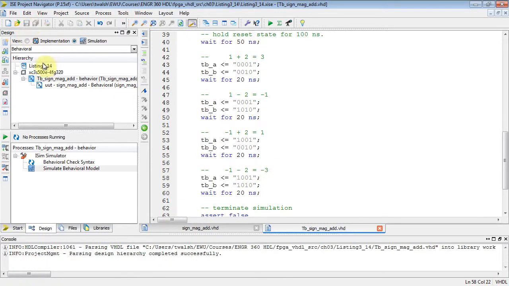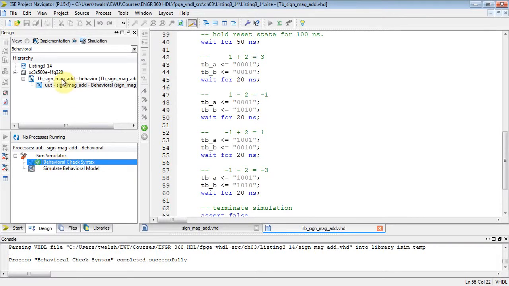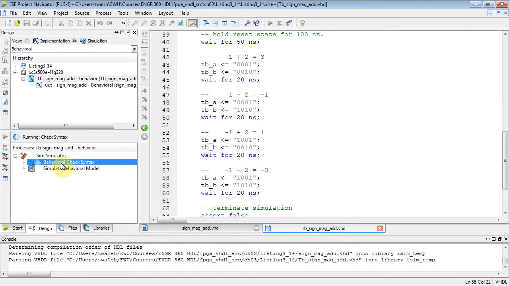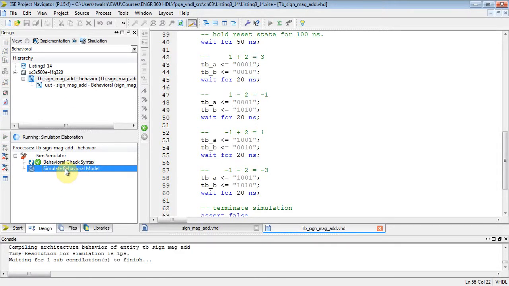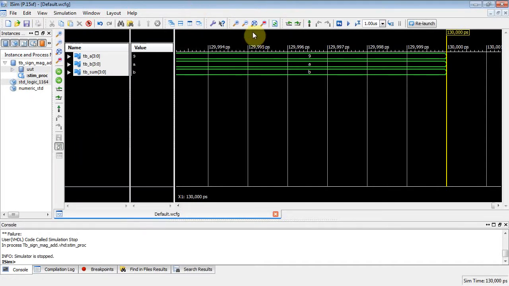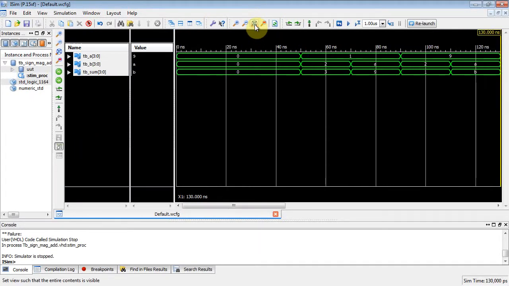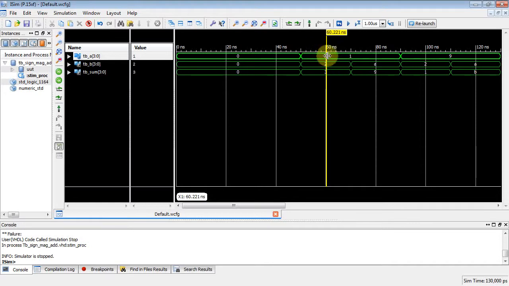All right, let's go through here, select everything, get the component, and then the Testbench, click that guy. Make sure Testbench is selected, simulate behavioral model, and let's see if this sign magnitude adder actually works. Now at this point, since I put that assert in there, I can go zoom to full view, and it looks nice. Notice we waited 50 nanoseconds before we did anything,